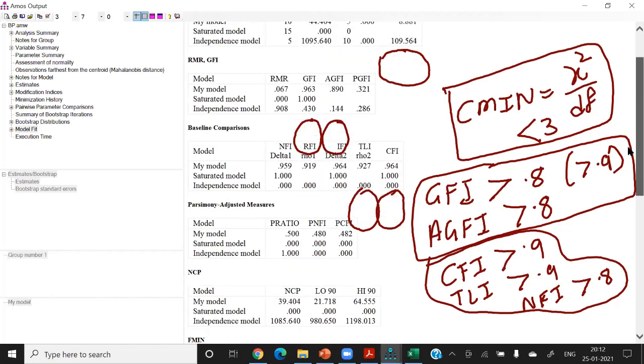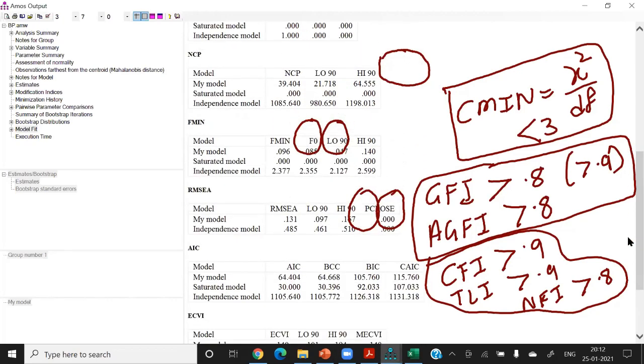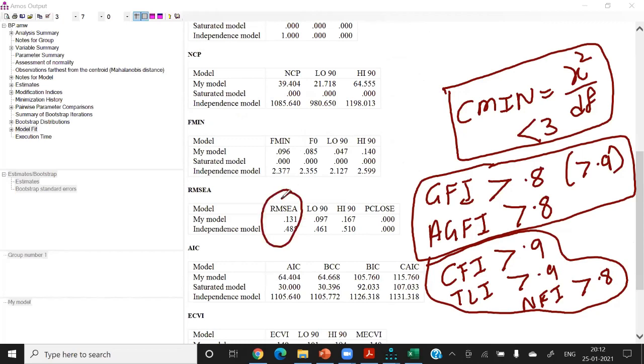Yeah. So the next table which you need to check is RMSEA. RMSEA, root mean square error of approximation, should be less than 0.08.